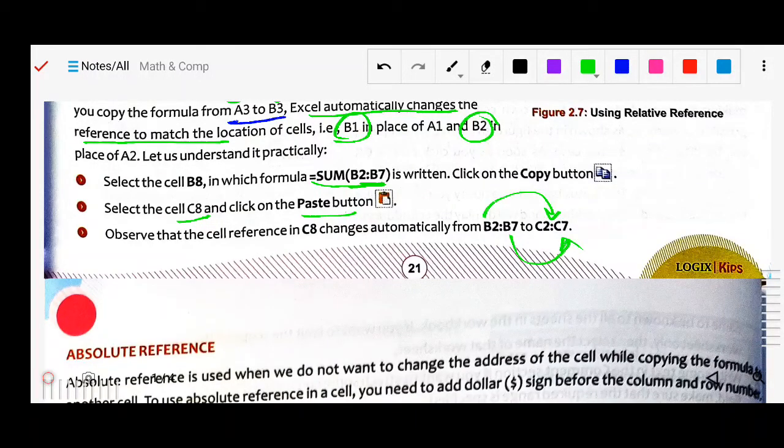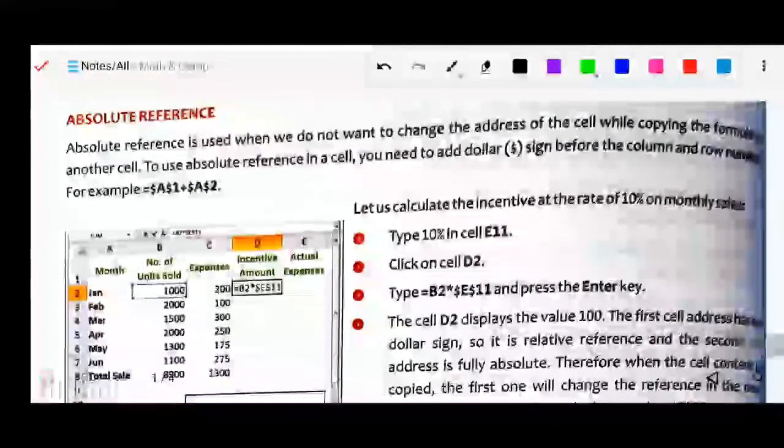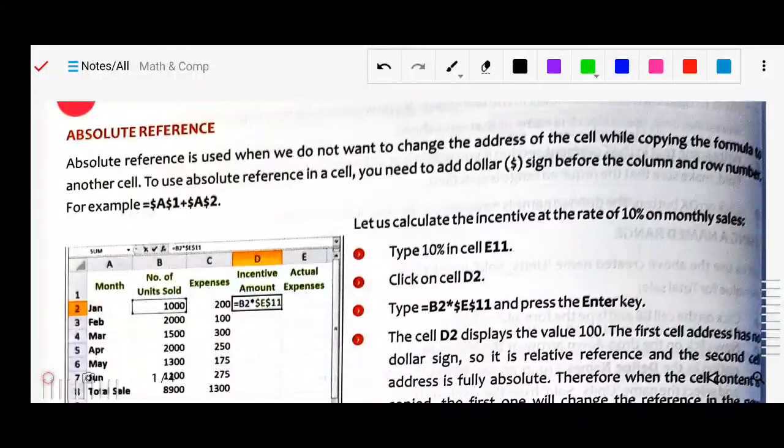Absolute reference is used when we do not want to change the address of the cell while copying the formula to another cell. We use these formulas according to our needs.